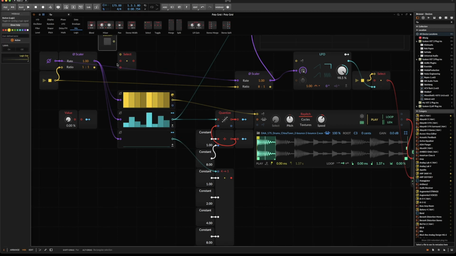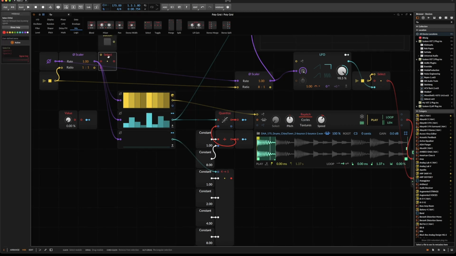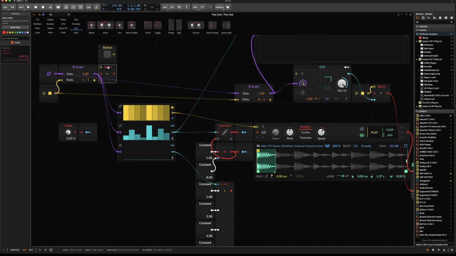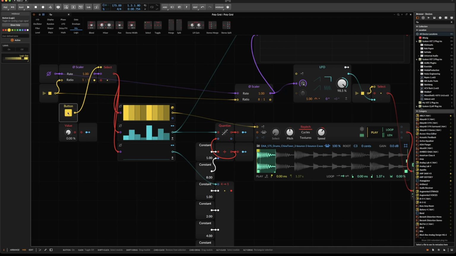So under normal circumstances, we just want the signal to pass through. So we just have to drop the select device onto the connection here, hook up the button, and whenever we switch to the second position, we want the value here to control